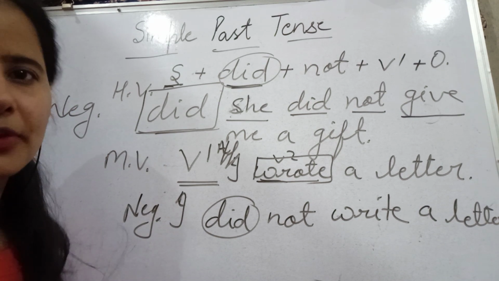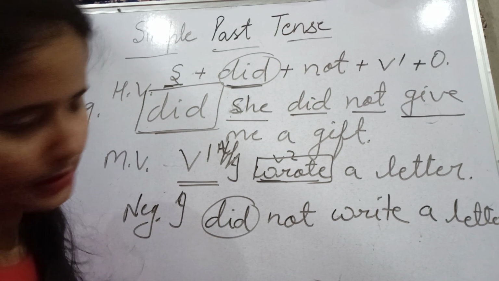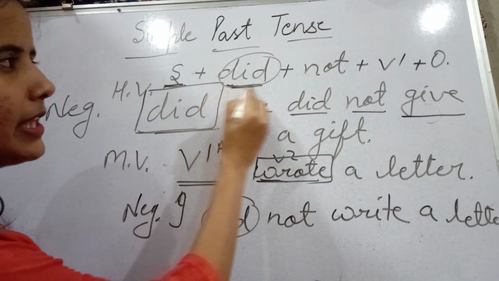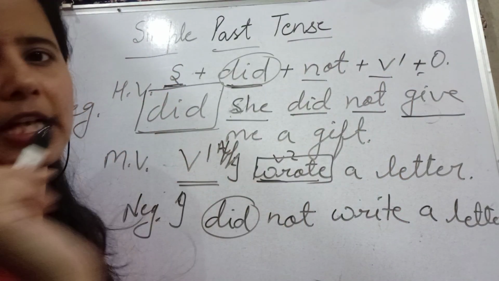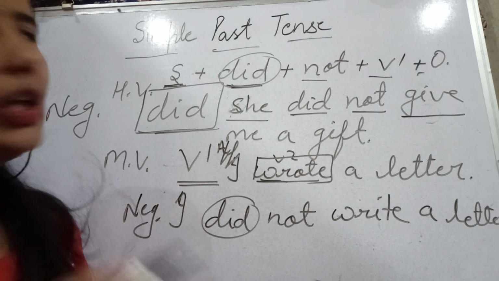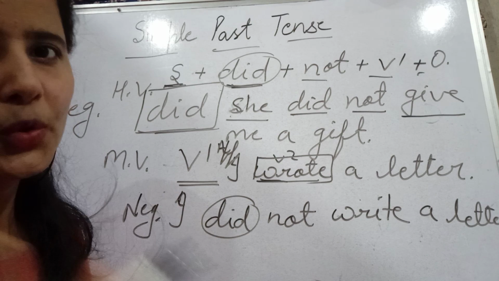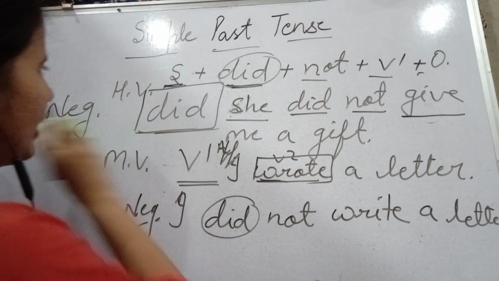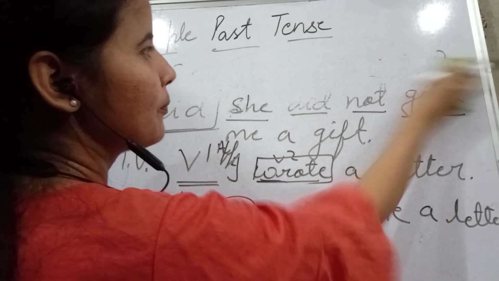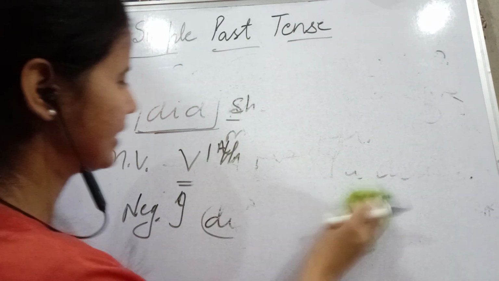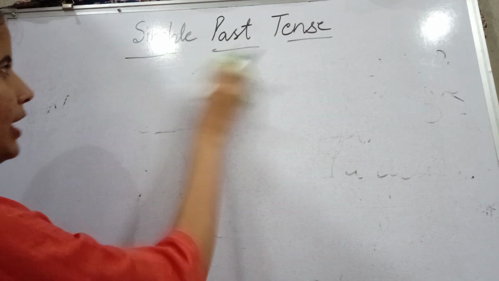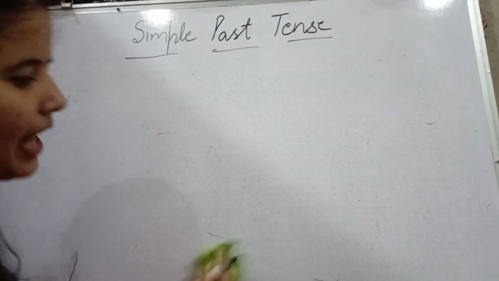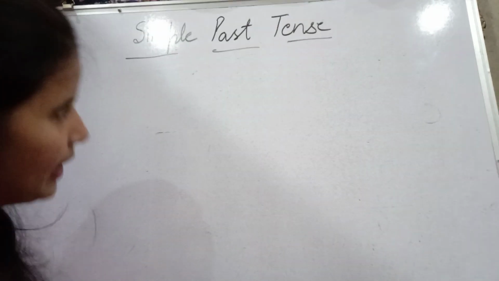Next, we are going to form an interrogative sentence. Look at the structure of a negative sentence. What will the structure of a negative sentence be? Subject plus did plus not plus V1 plus object. Do remember, we have to use V1 with did to represent negative sentences in simple past tense. Next, we are going to form interrogative sentences. What kind of sentences? Interrogative. You know how we form interrogative sentences in the tenses which we have studied earlier as well.